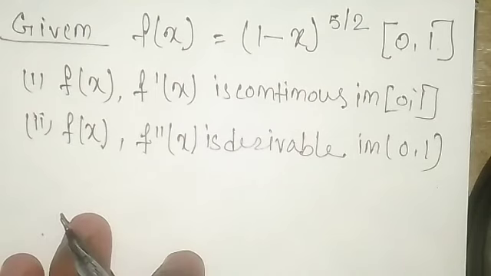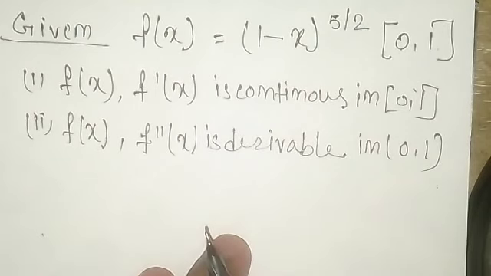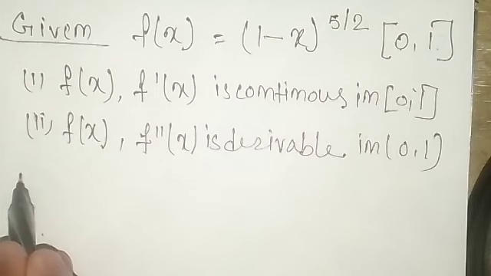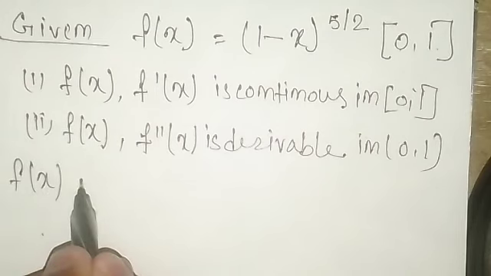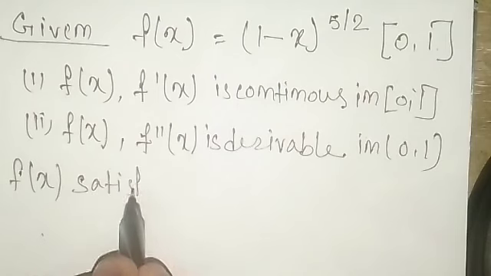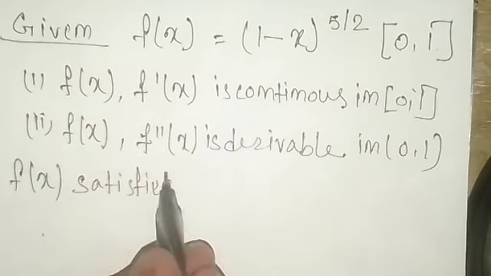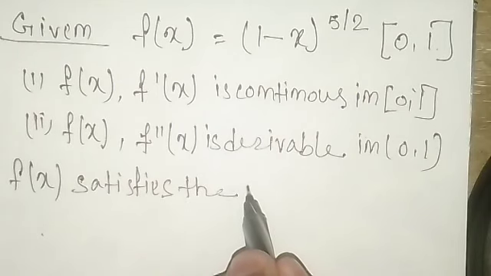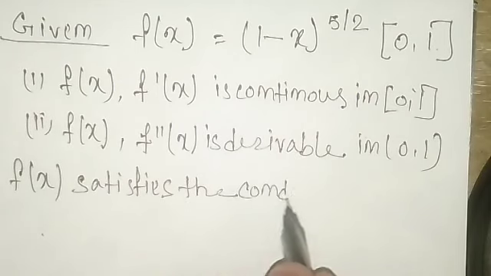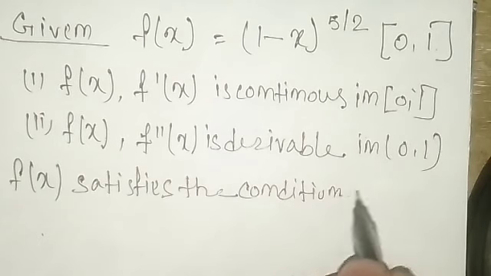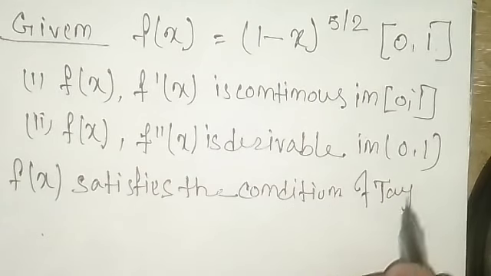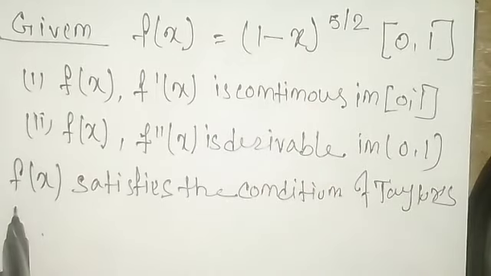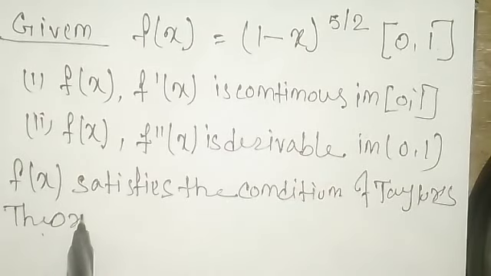Now, so there exists a point c in the Lagrange's form of remainder, right? So now we can say f of x satisfies this statement, you can write, right? Why? Because of step marking, they will give you the marks in the exam, right? So f of x satisfies the condition of Taylor's theorem, right? Two conditions just now we have seen, Taylor's theorem. So we can say there exists a point